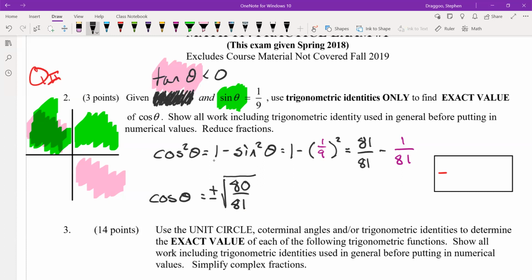So that thing's a variable, a plus or minus should show up, but we talked about this at the beginning of the problem. I want to choose the negative answer out of that plus or minus, because I'm in the second quadrant where my x values are negative, which means my cosine value is negative. So this thing is equal to negative square root of 80 over 81. Let's simplify that a bit. The denominator is already a square number. So that one's easy. The square root of 81 is 9. Up in the numerator,